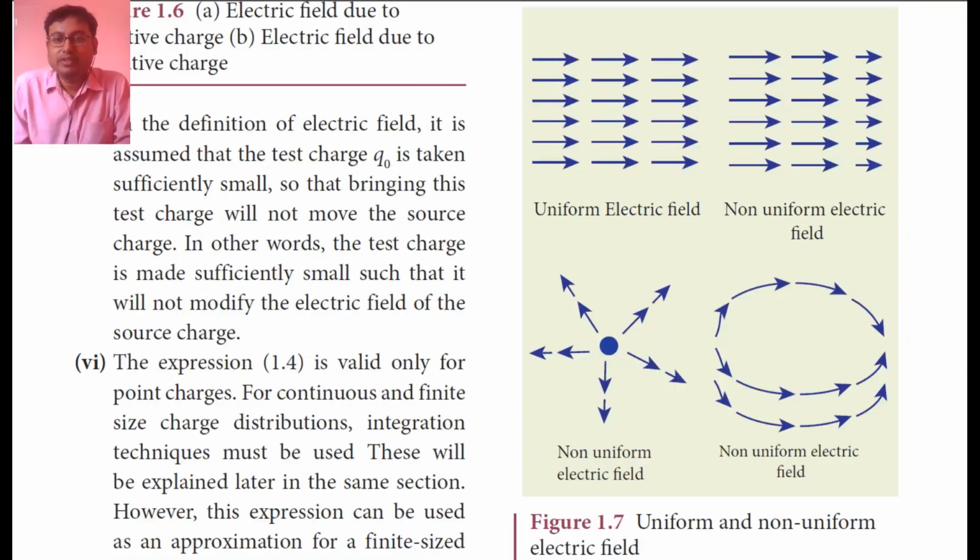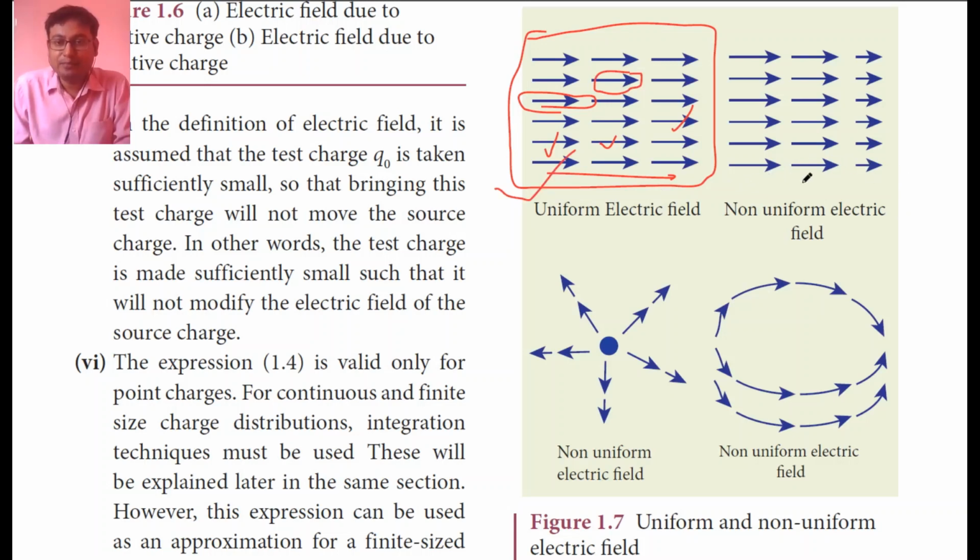So whatever we have seen earlier in theory, let us now understand with figures. Now you can see here, this is an example of a uniform electric field. Why? Because if you see here, the directions of the electric fields are the same and their magnitudes are also equal. That means the length of all the vectors is the same and their direction is the same. So this is an example of a uniform electric field.